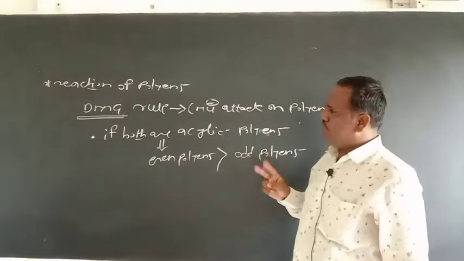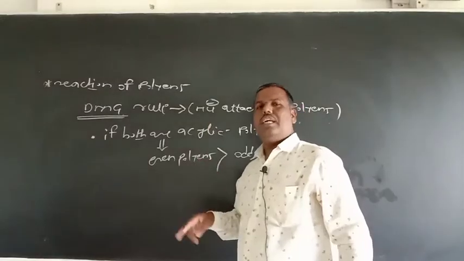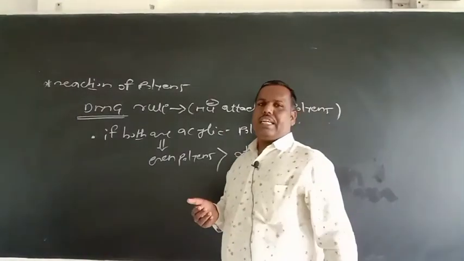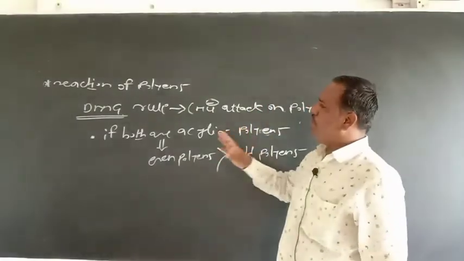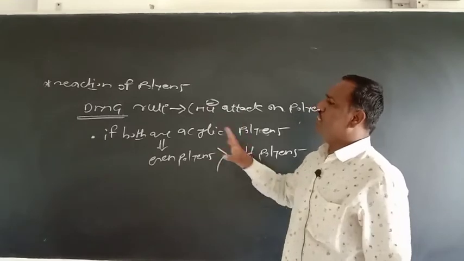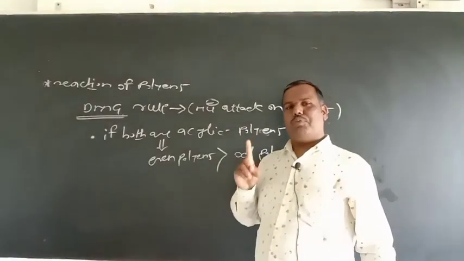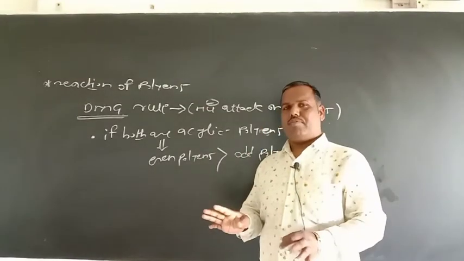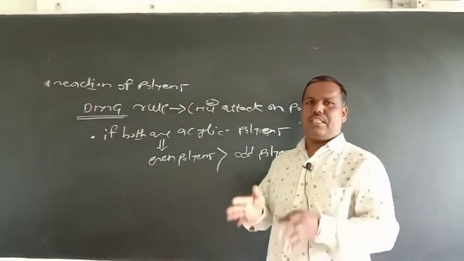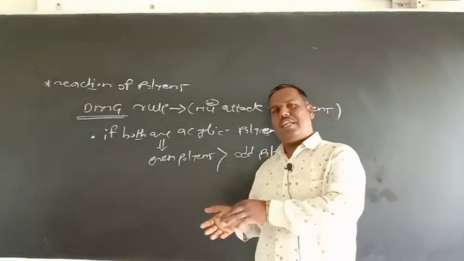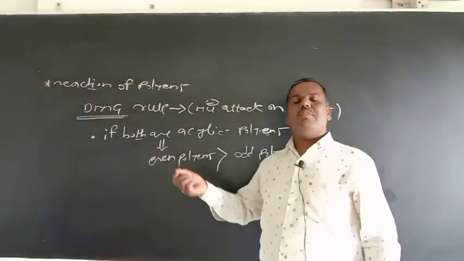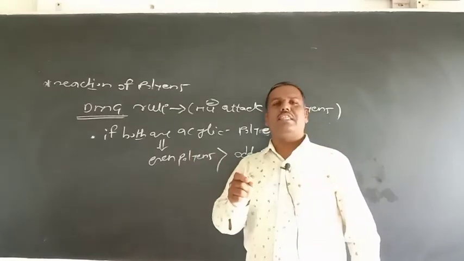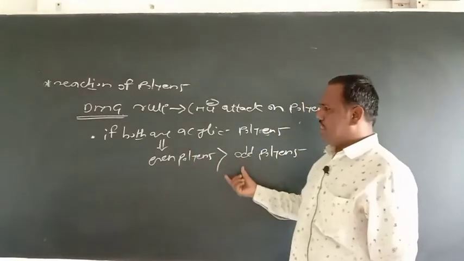So polyenes are two types, one is cyclic polyenes and another is acyclic polyenes. Again they are classified into even polyenes and odd polyenes. For nucleophilic attack on these polyenes, you should remember this DMG rule or DMG conditions, that the complex should be 18 electron. If both the polyenes are cyclic polyenes, for example one is benzene, another is cyclopentadienyl, then in that case the even polyene is preferred for nucleophilic attack. That is, the nucleophile may attack on benzene, it will not attack on cyclopentadienyl. So this is the first case.